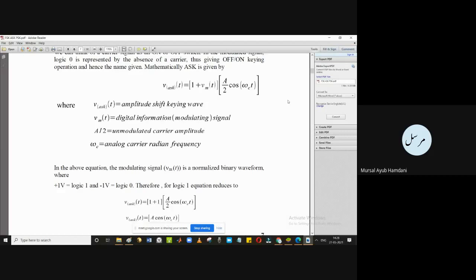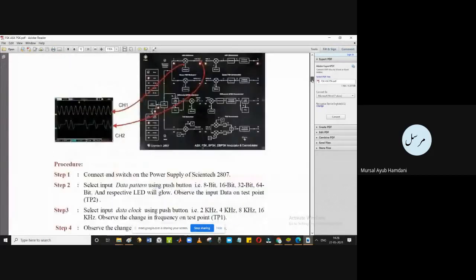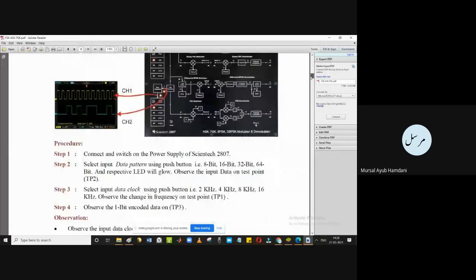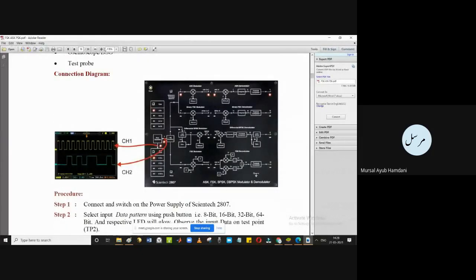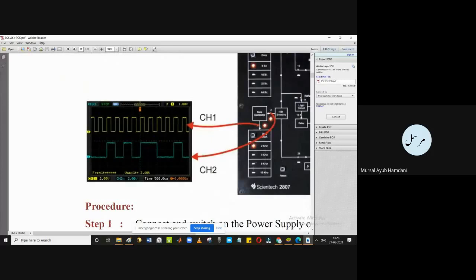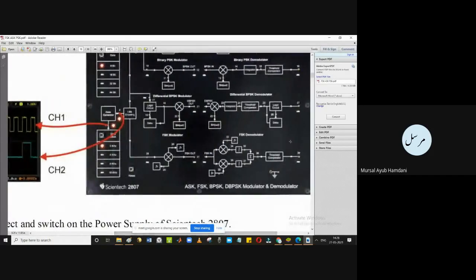So we'll accordingly go ahead with it. Now that you have seen the theory part, I'll still show you the overall kit that is there, and then we can go to Proteus and MATLAB. I'll first start with MATLAB and then we'll go to Proteus. Okay, so this is the overall kit of SignTech that we have. This is the kit.